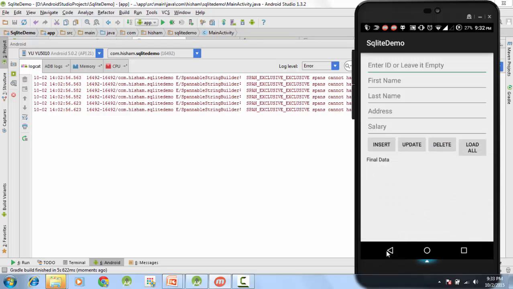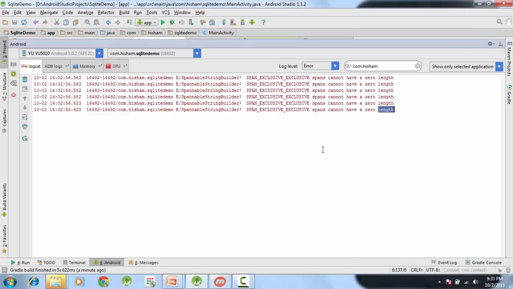Okay, go down. Let's click load all. Awesome, it worked. And you can see the first name, last name, the address, and the value. You get all of that data here. And our last one was the type long, so you can get the type of